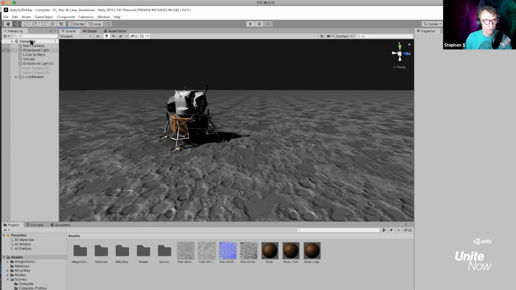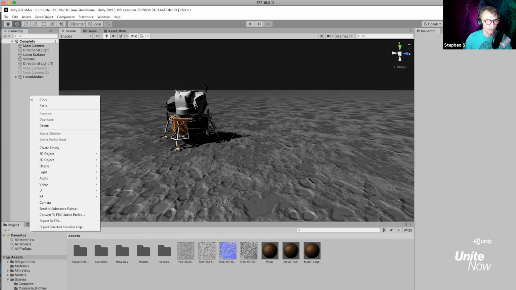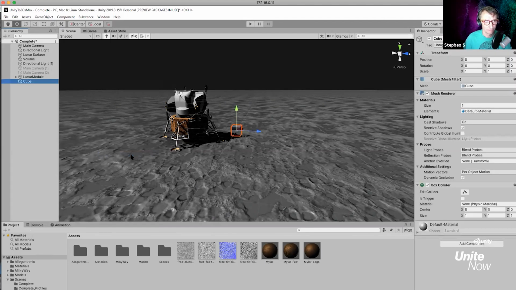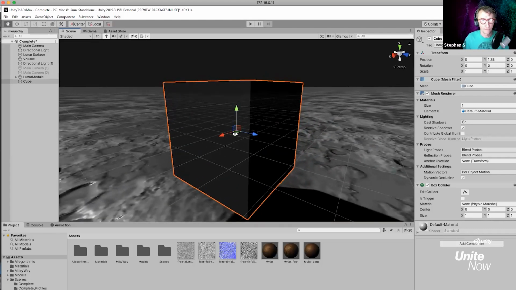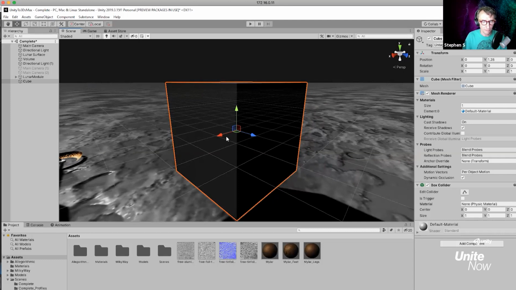So with this, you're going to see that the scene opened, this complete scene opened, and I'm just going to add a simple 3D cube to it. So I'm going to right click in the hierarchy window, and I'm going to go to 3D object and go to cube. Just make a simple cube, right? And what I'm going to do with this cube is I'm going to make it a linked prefab. So doing a linked prefab, like right now, it would just be an asset.